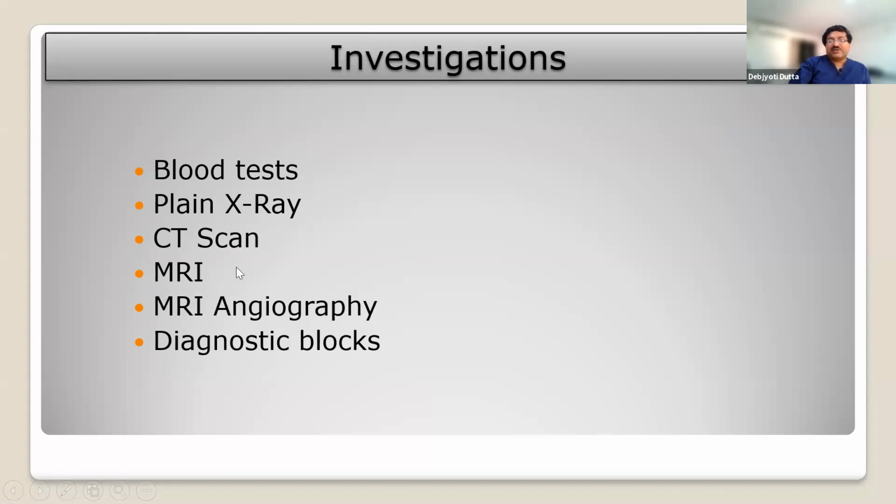When the patient is not improving, or red flag signs are present, a CT scan is commonly done. If we need to evaluate the posterior part, we go for the MRI as well. Then we go for MR angiography if we are thinking of any vascular malformation. In case of trigeminal neuralgia, we commonly go for MRI or MR angiography, especially with the trigeminal neuralgia protocol, to see whether any aberrant blood vessel is there or not. Then we need to do diagnostic blocks when required.